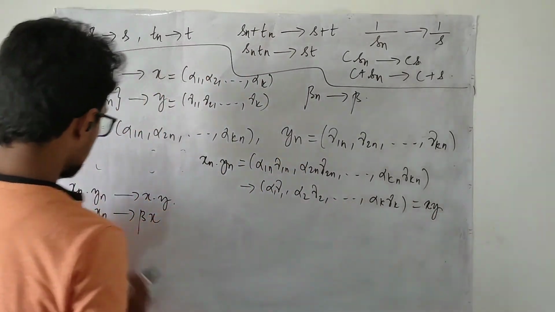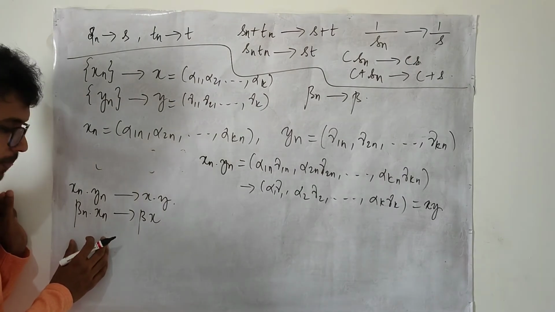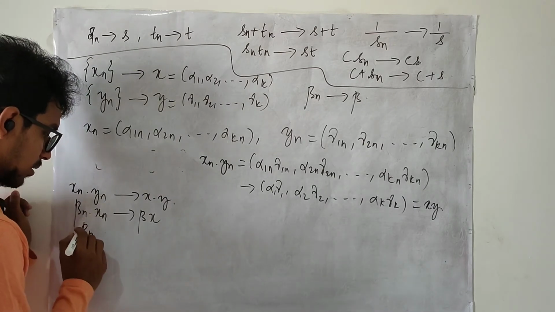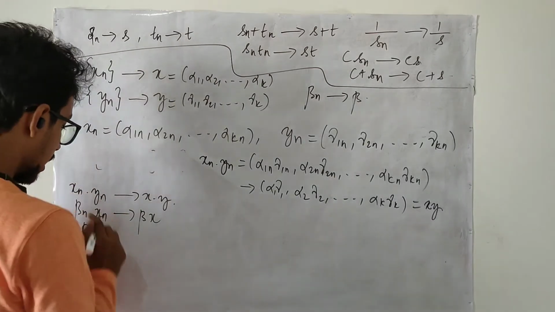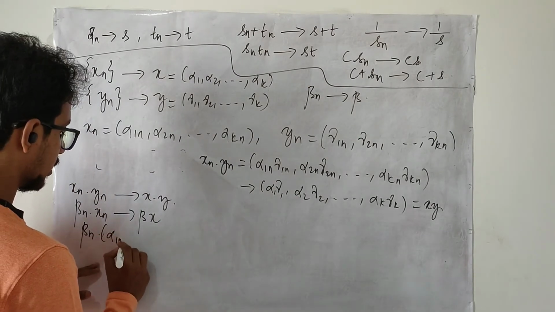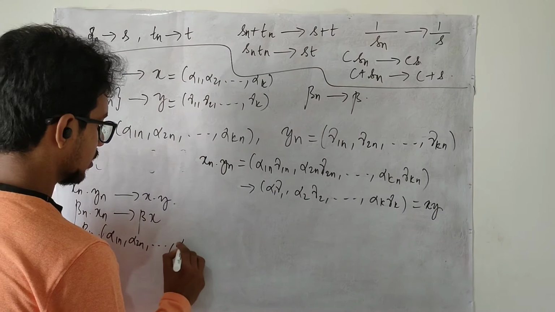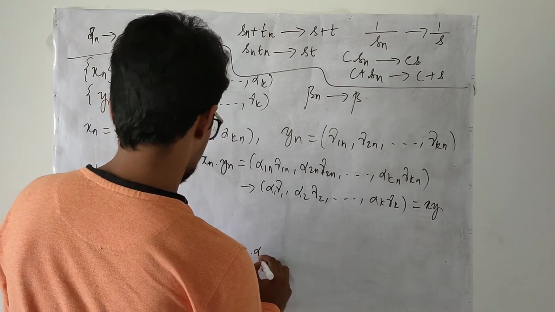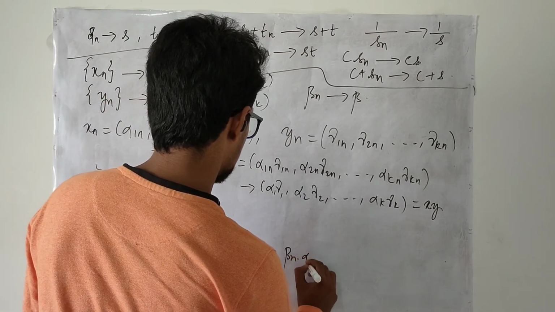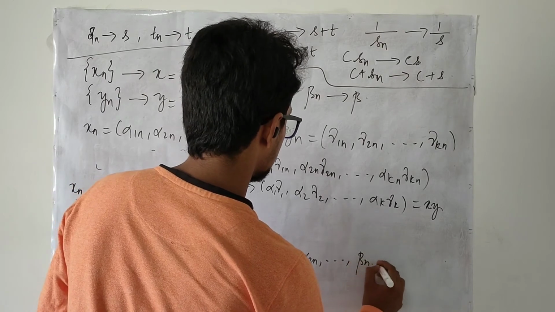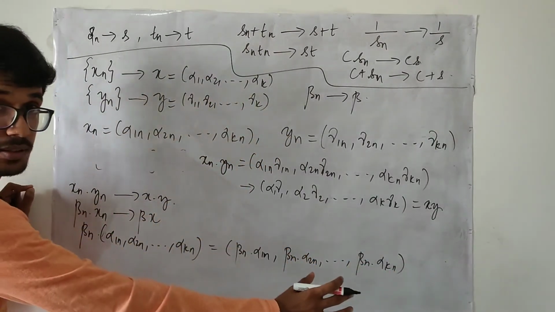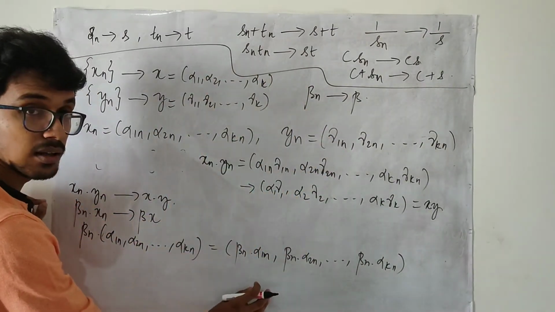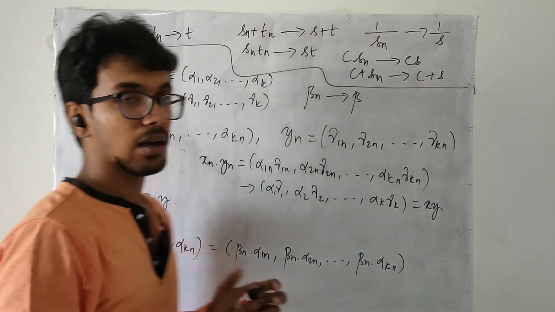And here, what do we mean by this? A term in beta n, that is, beta n is a single element, right? And this is alpha 1n, alpha 2n till alpha kn, right? When you multiply this inside, you will have beta n alpha 1n, beta n alpha 2n, and it goes till beta n alpha kn. You have this, right? Here the term-wise multiplication is taking place. Here it is not there because here xn and yn are this collection.